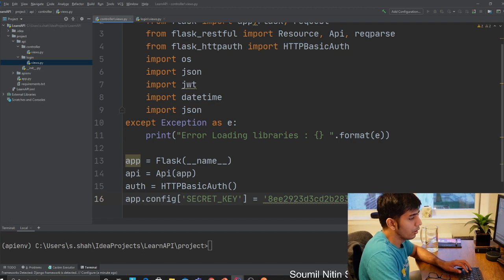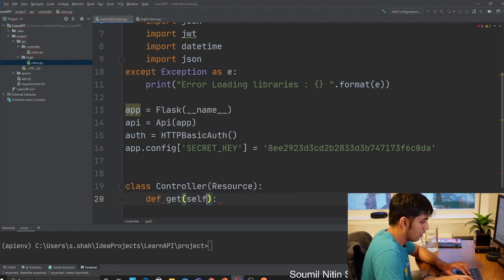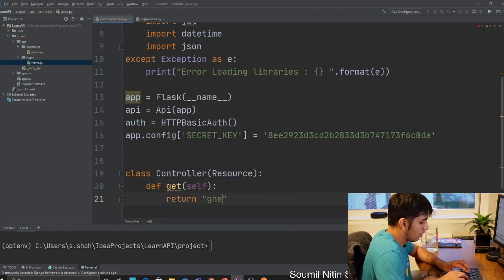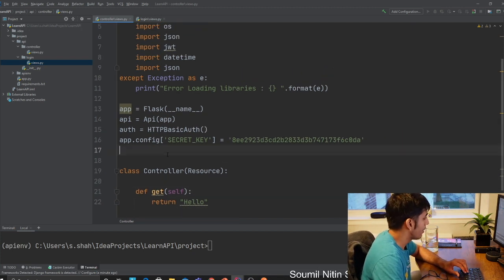Now, this would be our API, right? But this should only run if the token is valid, right? If it's expired, it should not work, right? So let's add the wrapper code around here.